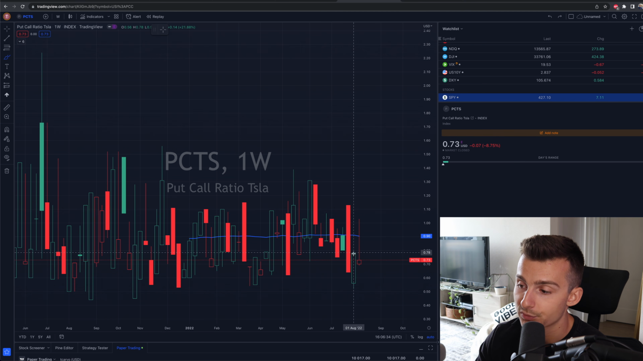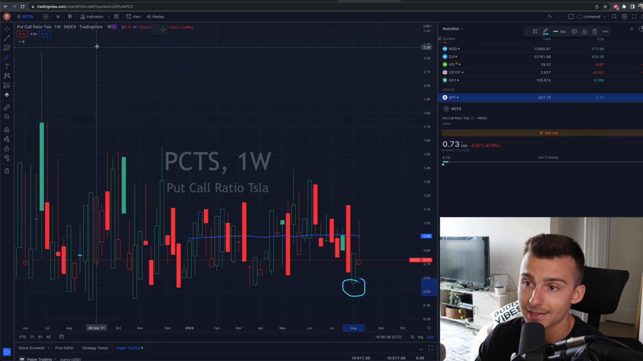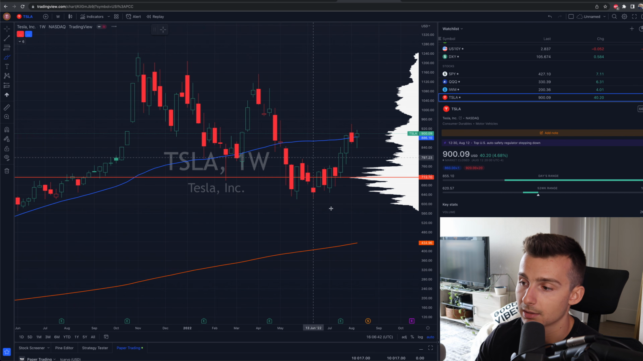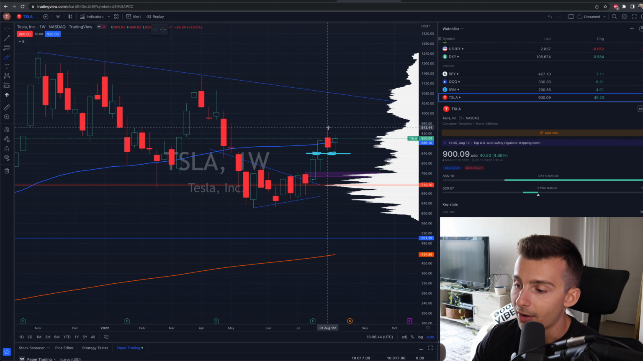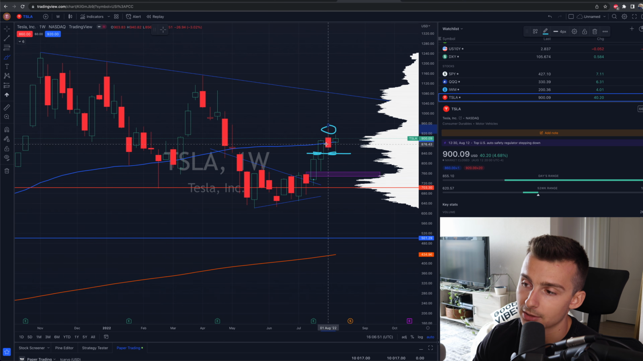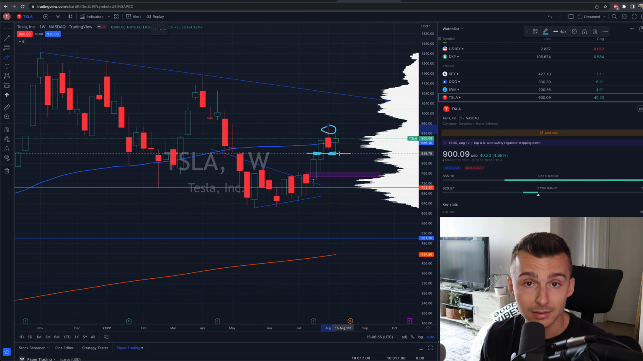But again, look at this. August 1st was where we saw the put call ratio, at least over the past couple of months, down to the lowest levels we've seen on Tesla. And what are you going to see on Tesla? We're going to go to Tesla. Guess what? August 1st, Tesla popped up over $900 and then sold off to finish off the week, and then bounced actually after we hit down to like $840. So Tesla sold off almost $100 from the highs to the lows in just about a week because the put